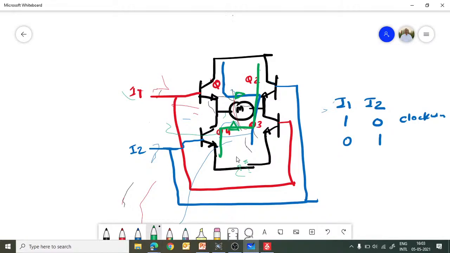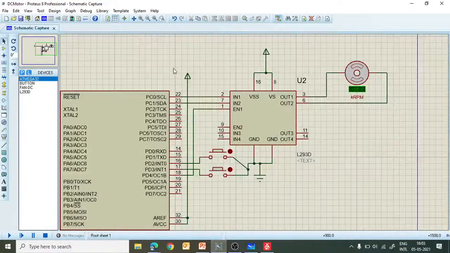As I told you, enable is somewhere here. Enable pins are usually of two types, active low or active high. If it is an NPN transistor, then it is active high, otherwise it is active low. So these are the three pins we are using: I1, I2, that is in1, in2, and the enable pin. For that we are using three port pins, PC0, PC1, and one more, PD4. PD4 we are using to control the enable pin of the IC.